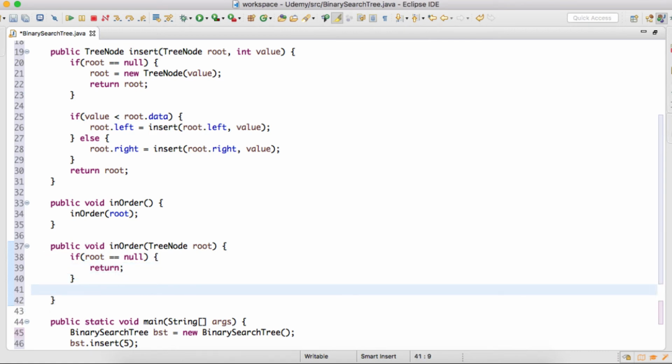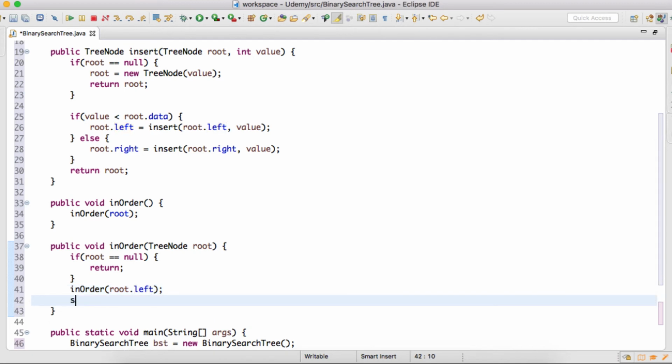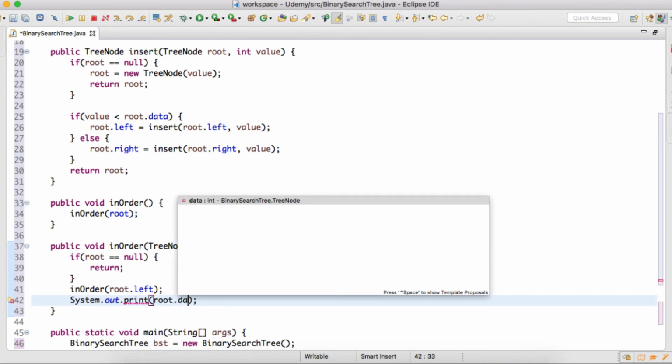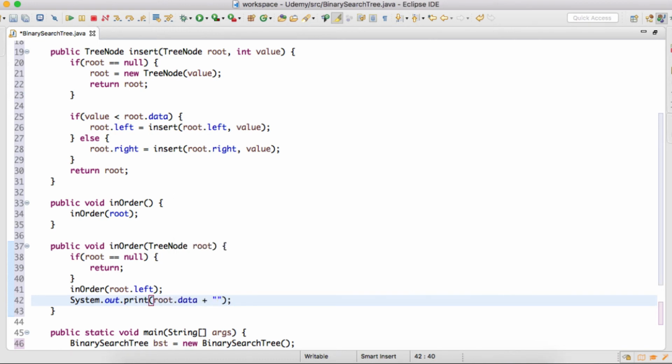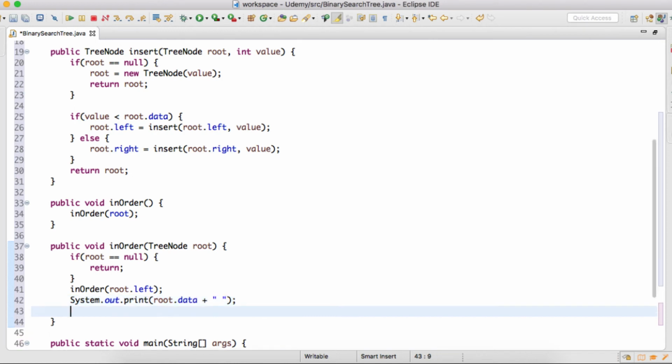And in this traversal, we also discussed that first we visit the left subtree of the root, then we visit the root, and finally we visit the right subtree.